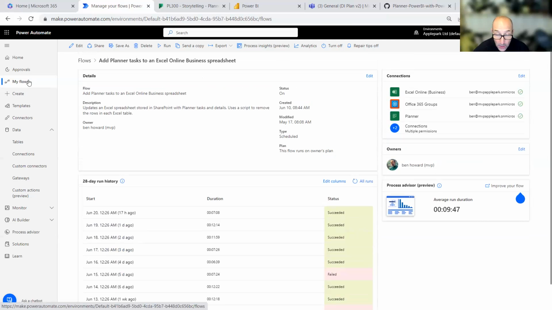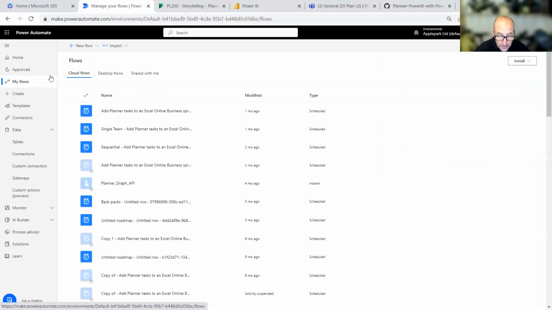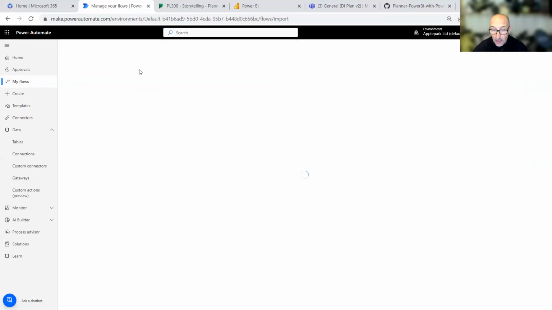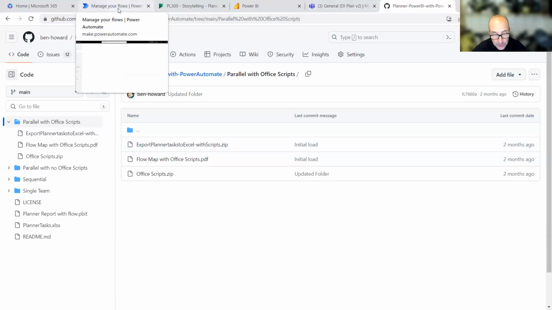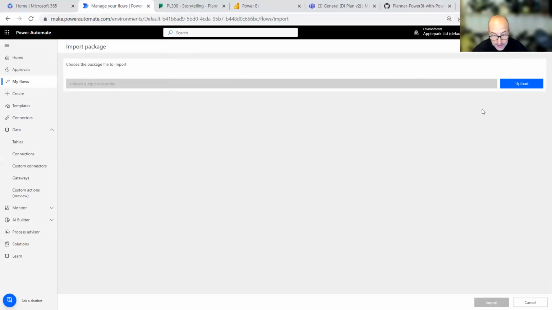So how do we get hold of that flow? Basically, from My Flows, you can import a package, brackets legacy. This is what Microsoft call this now. It's going to look for that zip file that you have downloaded from GitHub. The zip file would be export planner tasks to Excel with scripts.zip. If we go back into Flow, it's now going to say import package. I could go into upload,